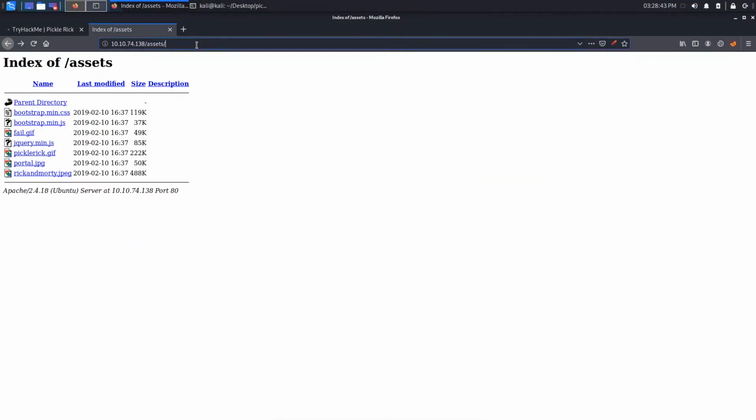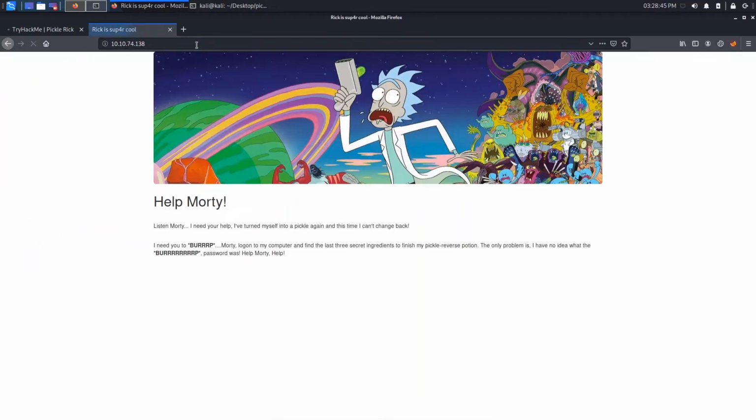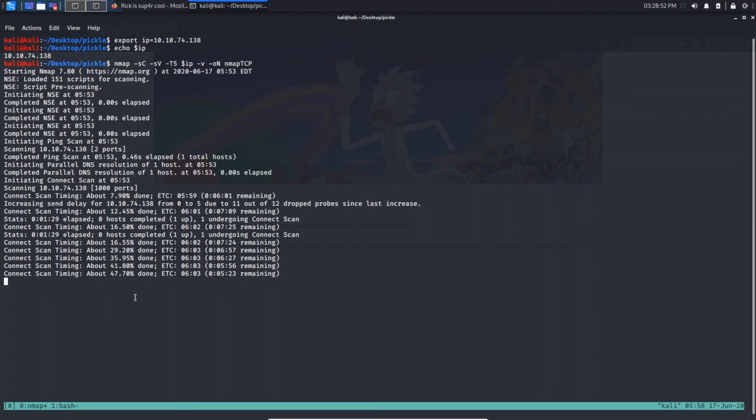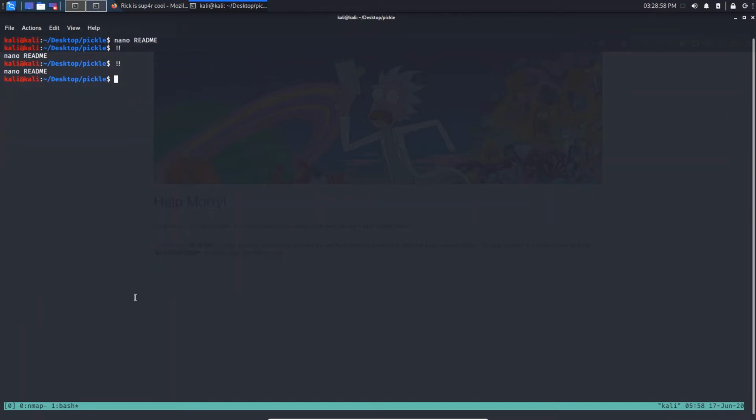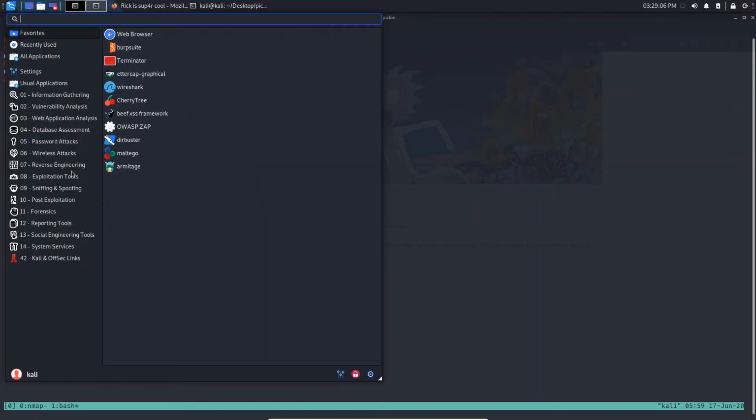So let us go back to the page and see if our nmap scan has completed or not. It's still scanning, so I think it will take some time. Let us go back to this and perform some directory enumeration. There are many tools provided in Kali Linux that we can use for directory enumeration. Some of the tools that I use is